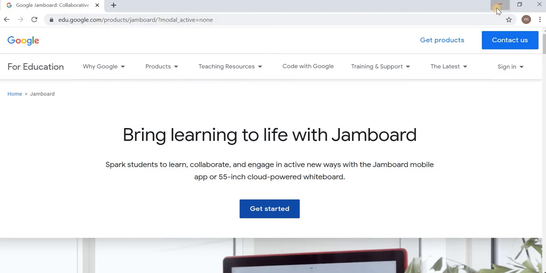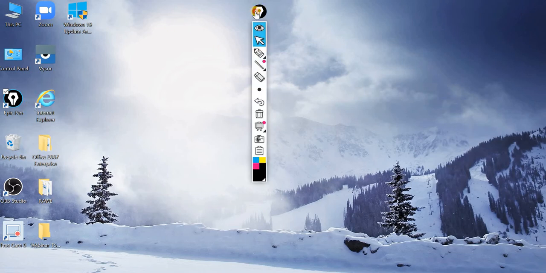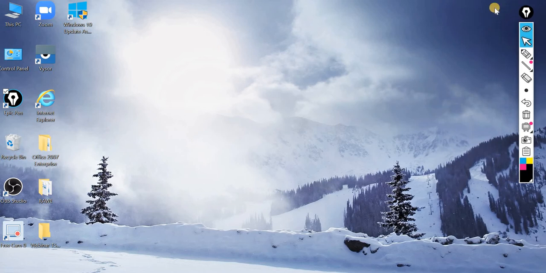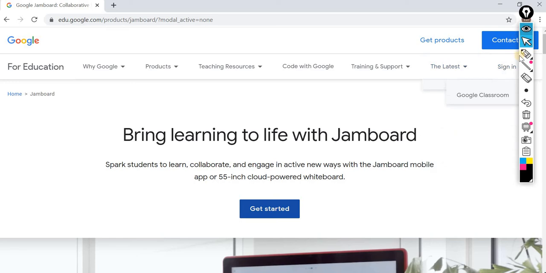not opened. I'll use better the Epic Pen also to demonstrate. It is also a very fine tool, Epic Pen. At some later point of time, I will make some video on Epic Pen also. Okay, now we are coming to this one. So here the cursor I am selecting, then I am starting this. Get started. No, it's not working. So get started. Yeah.